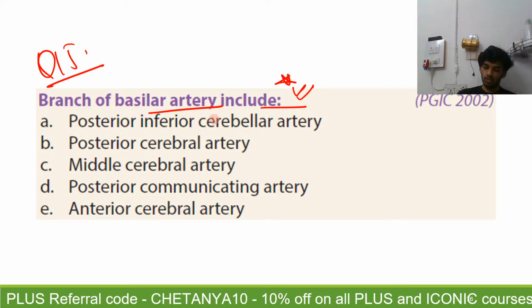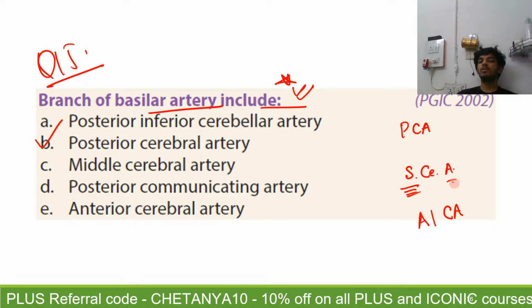Posterior cerebral artery, true. Posterior cerebral, superior cerebellar, and anterior inferior cerebellar arteries. What are the branches of basilar artery? Main branches: posterior cerebral artery, superior cerebellar artery, anterior inferior cerebellar artery, and we have the